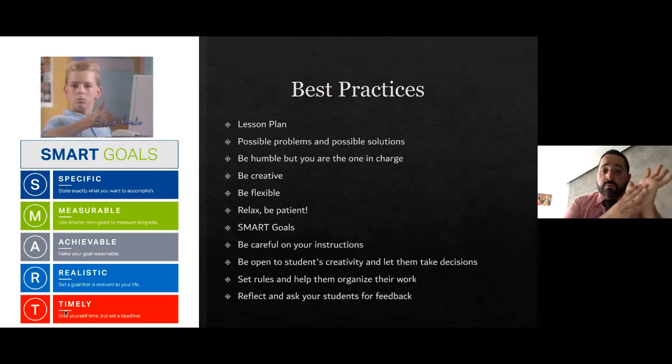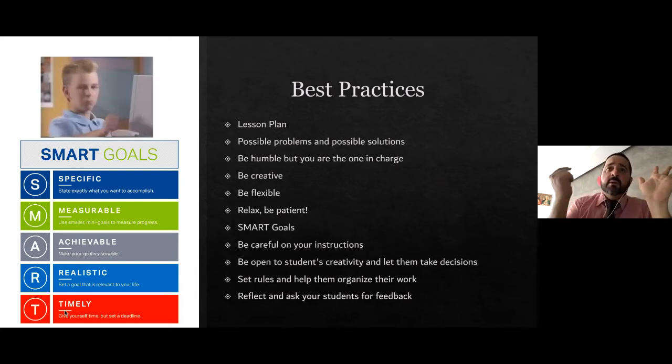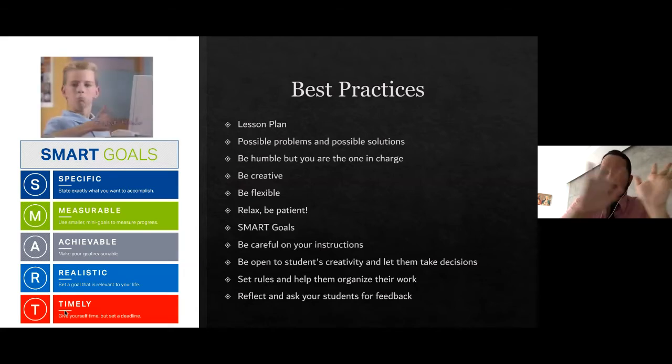If you didn't put it in your lesson plan and tell your coordinator or your principal, you could be in problems. So my recommendation, lesson plan, okay? Why I'm using the smartphones, what is the goal of using the smartphones, my objectives of the class, etc. All the information, okay?